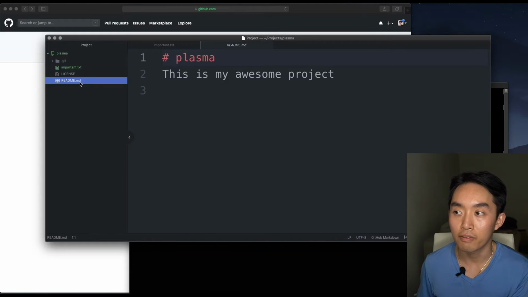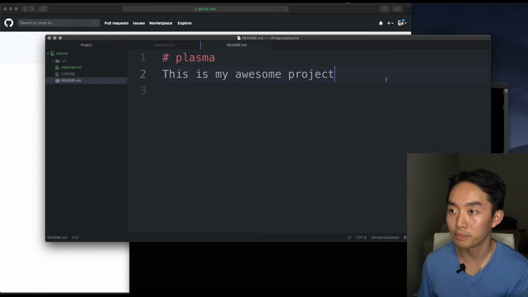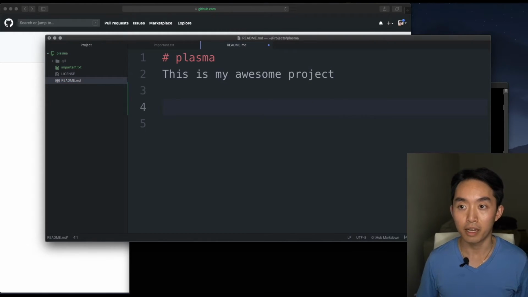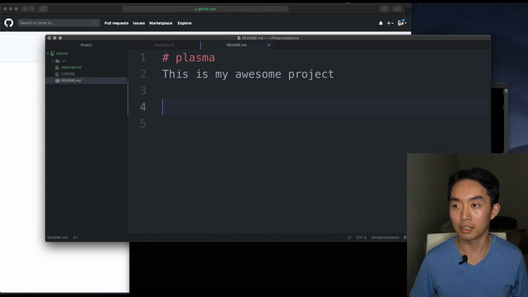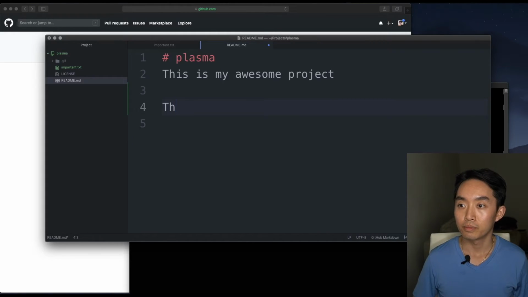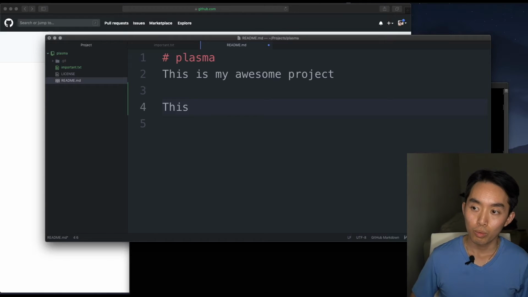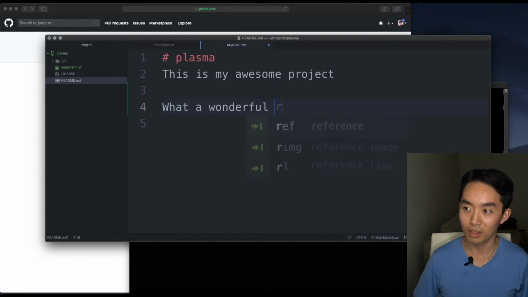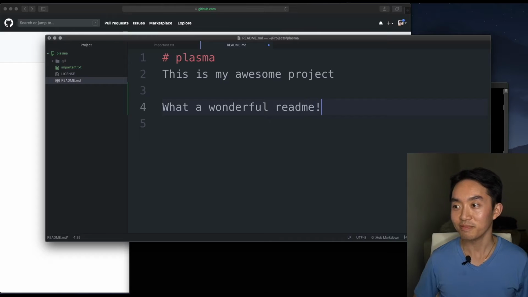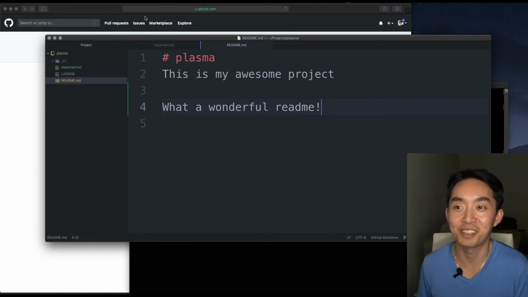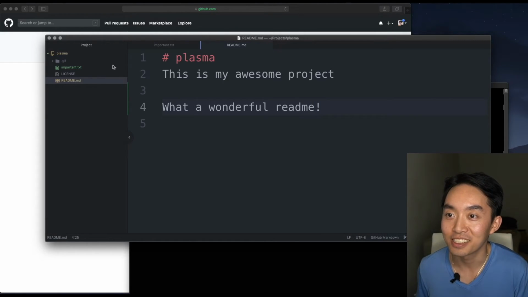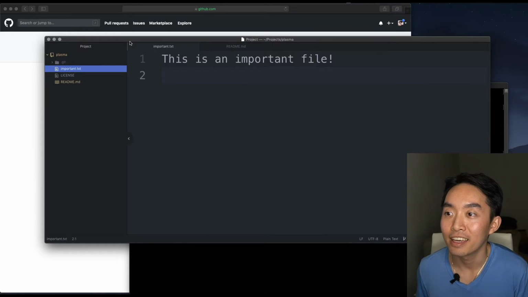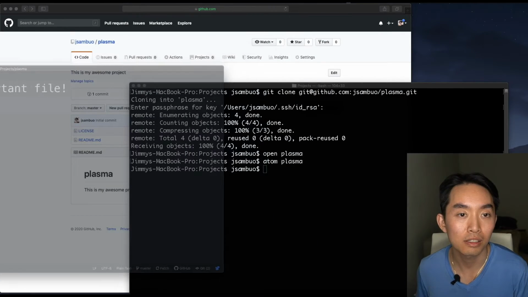And you can also modify files. So this is the README. So I'll modify by adding some other lines saying this. It already has this. What a wonderful README. Just to have some other text here. So I'll save that. And if you go back to the command line,